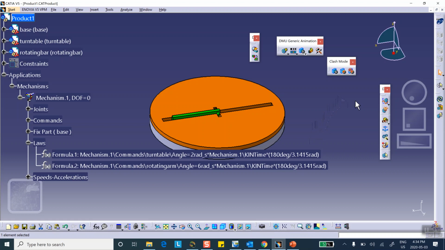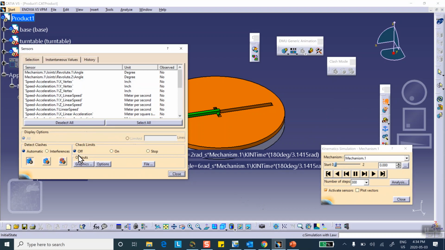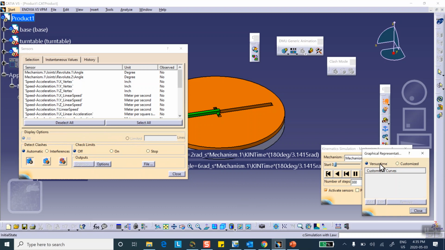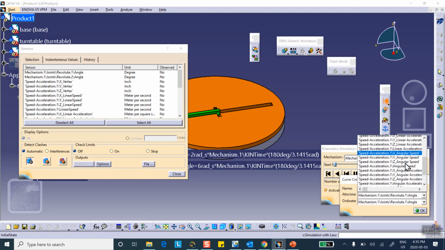Okay, so you go here, you go simulation with laws, activate sensor. Okay, now see here, it says options. So you click on the options. It says, do you want stuff versus time, or do you want to customize it? No, I want to customize. So add. It says, okay, your first curve, what do you want it to be? I want x component of acceleration,